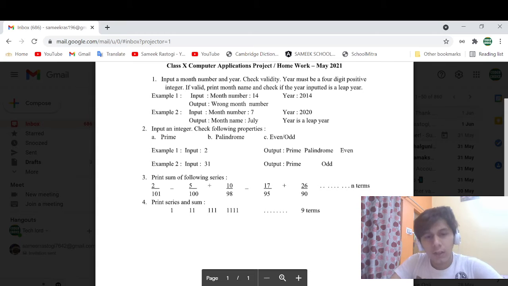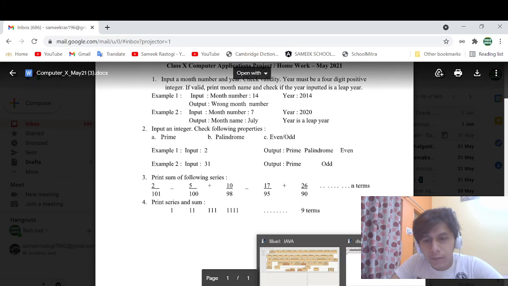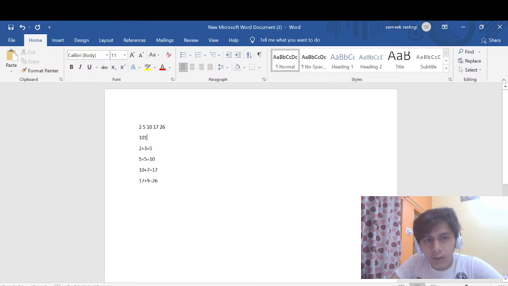So here the denominator is 101 100 98 95 90. So I am writing the numbers here.